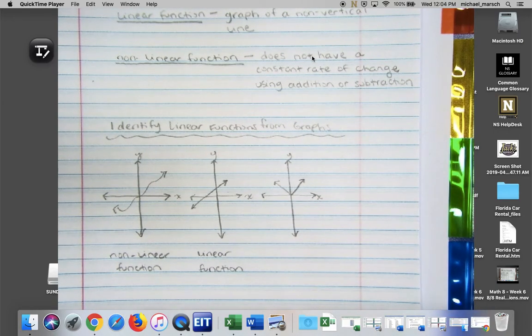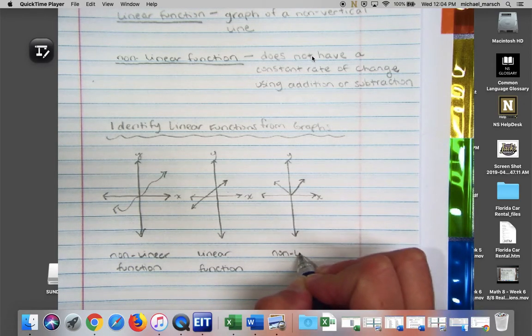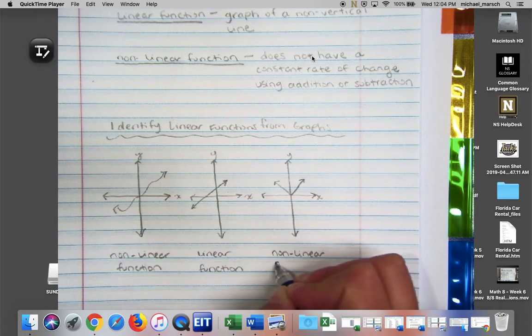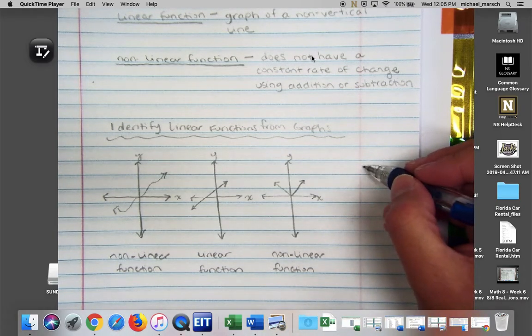This third one always confuses people because maybe it's two straight lines, but is it going to have a constant rate of change if it has a vertex in the middle of it? No, so it breaks that rule. So this is also a nonlinear function. Even though we've got two straight lines, it breaks the rule. And then this last one